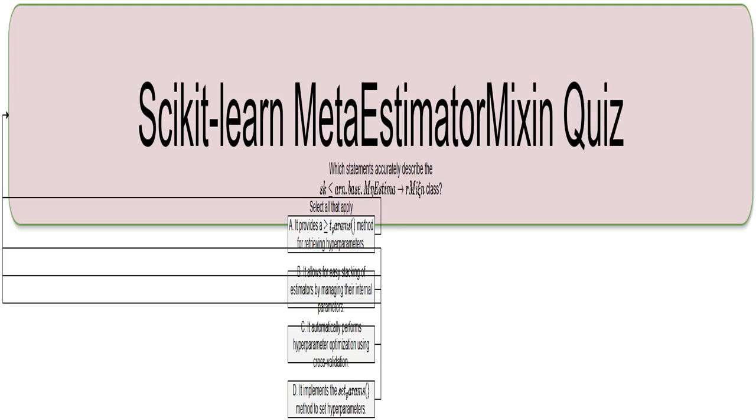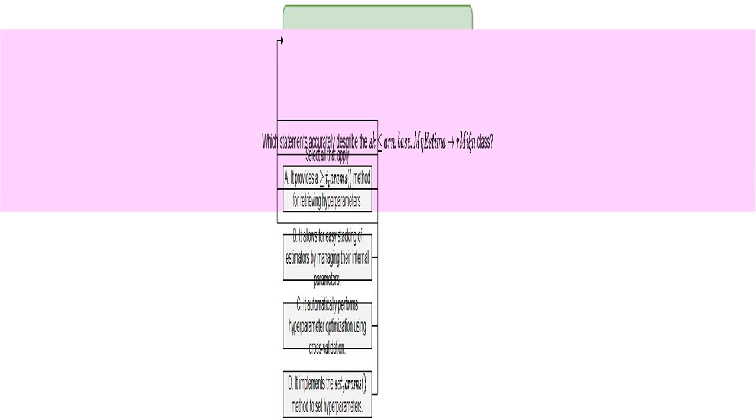This is a quiz about the MetaEstimatorMixin class in the popular Python library Sklearn. We'll be exploring what this class does and what it doesn't do. Let's get started. The question asks us to identify the true statements about the